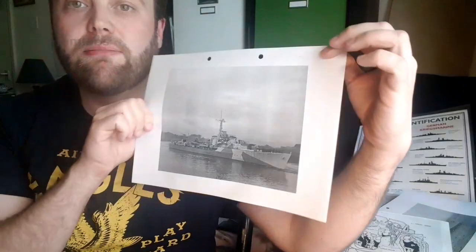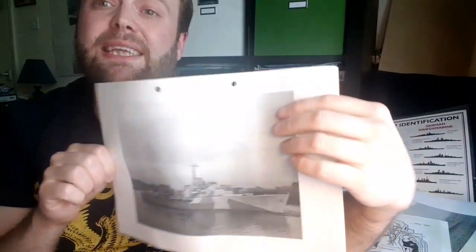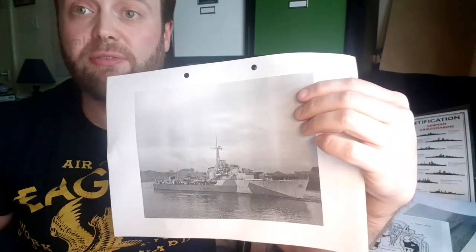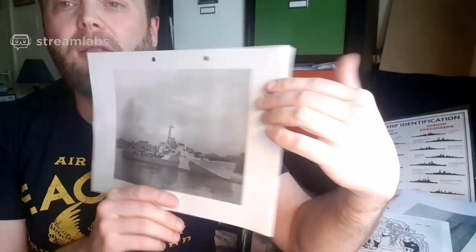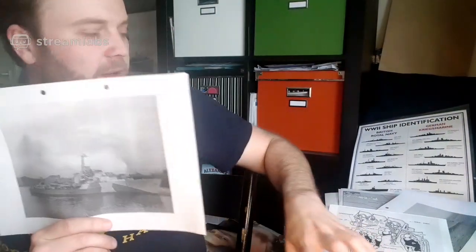But HMS Caesar, rather cute, is the 4.5-inch armed, and it's the C-class. They are, anyways, the final wartime war emergency flotillas. Yes, there's the weapon class which comes after. Yes, but these are the war emergency class reaching their final thing. And the thing I want to point out with them is how different they look